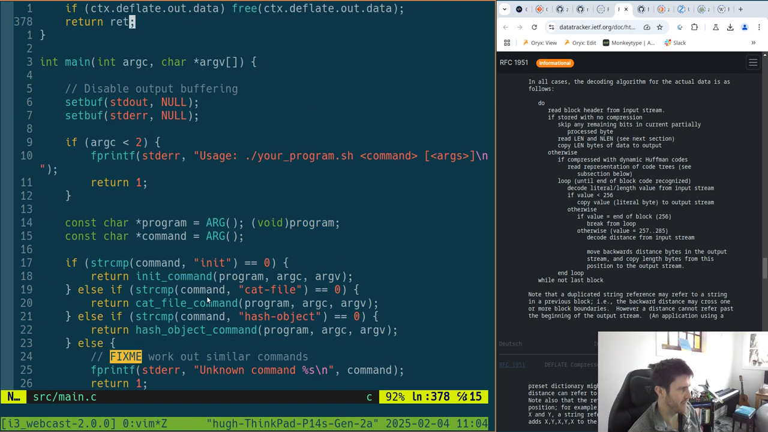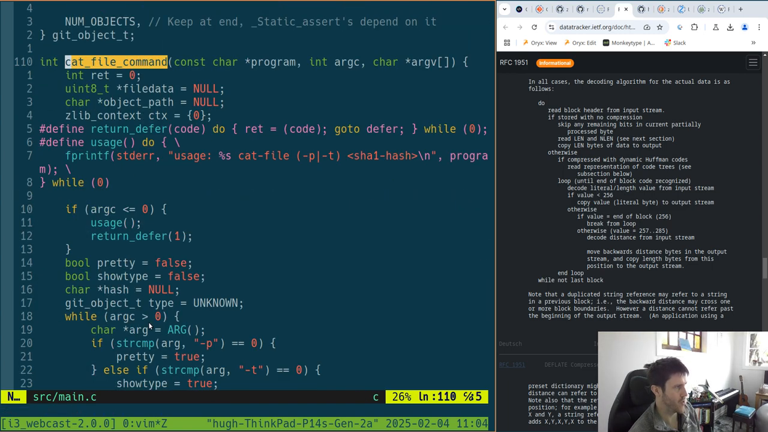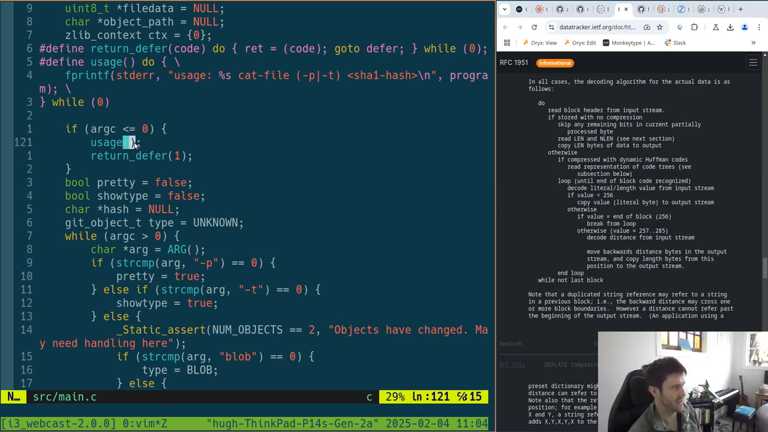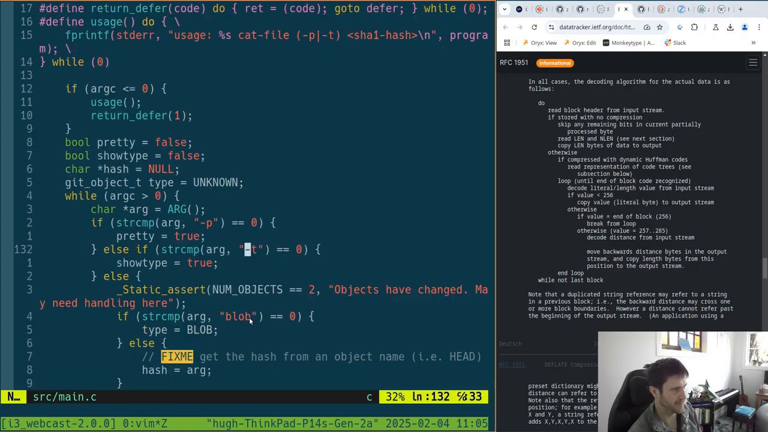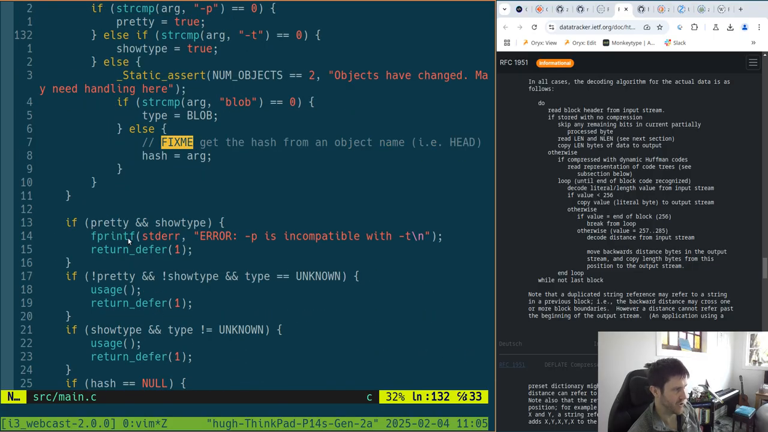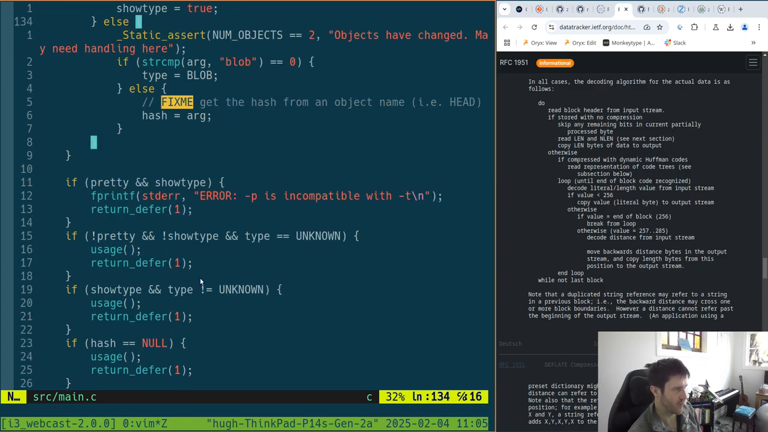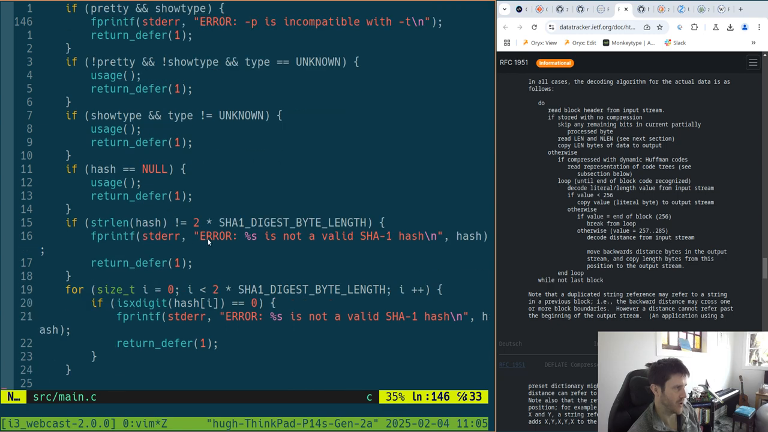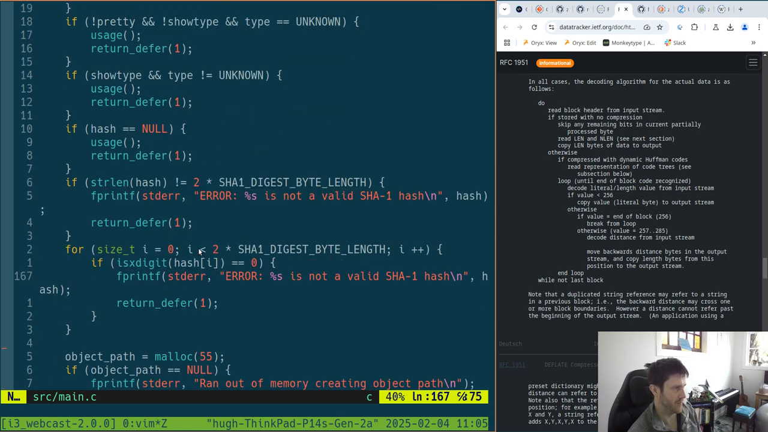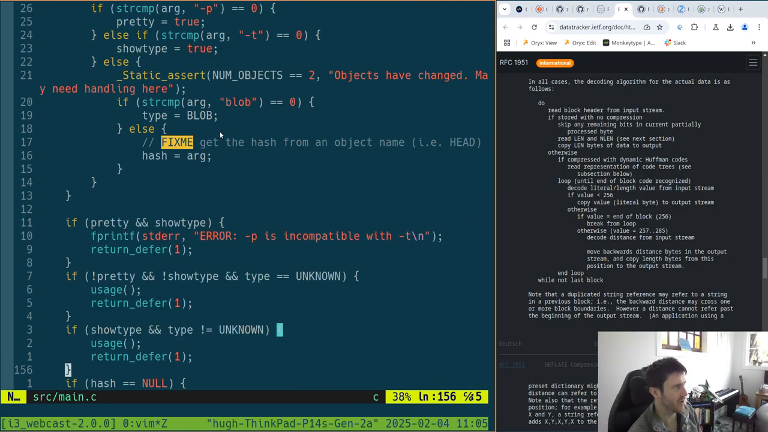In cat file, that was the main one that had all of these just fix-me, everything that returned one, but now we've got a little usage function that says that we do this, and I've even added the support for -t, and we do some checks to make sure that we don't have incompatible stuff or stuff is missing or wrong, and we actually check that the hash that we provided is a SHA-1 thing,